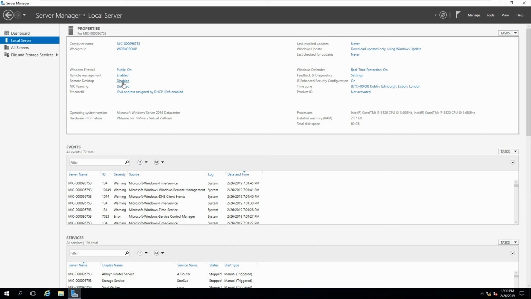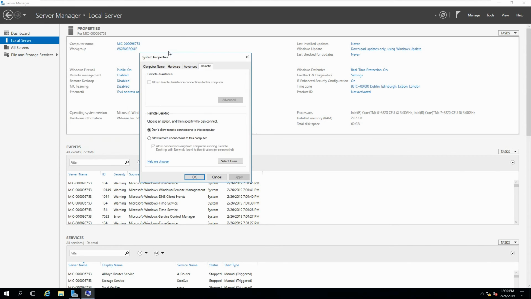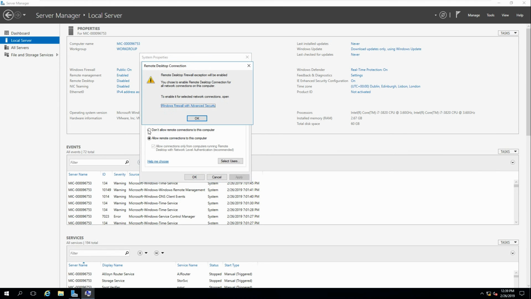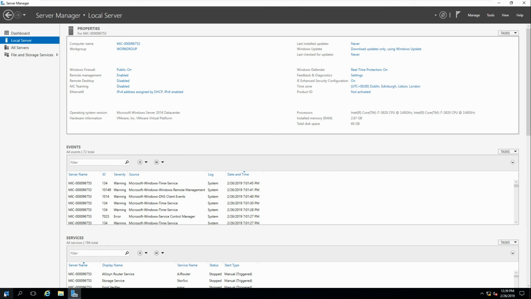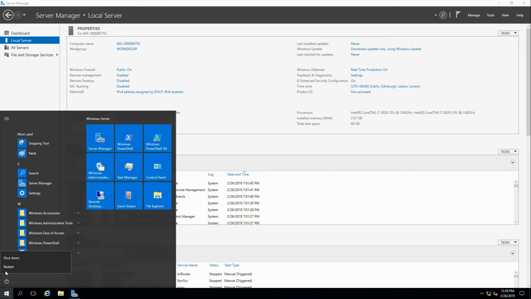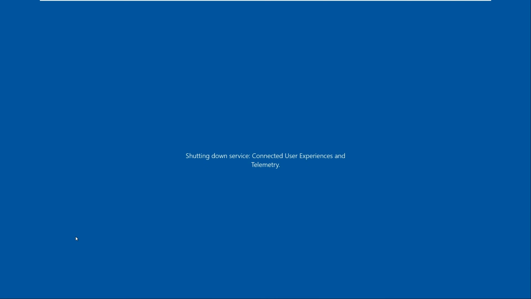One other thing I need to do as well is click on the remote desktop, and this is very important, otherwise it won't allow me to remote into the machine. Okay, now I'll restart the server. What I'm going to do next is show you how to set up Active Directory. So I'll see